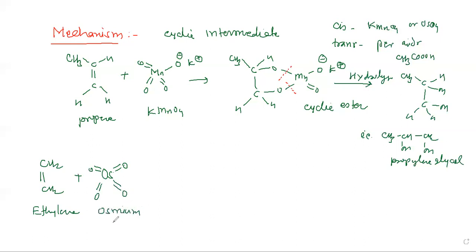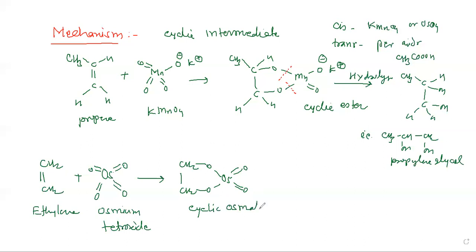Again, this also gives a cyclic intermediate, which is called a cyclic osmic ester, or cyclic osmate ester. It is obtained as the intermediate in this reaction,